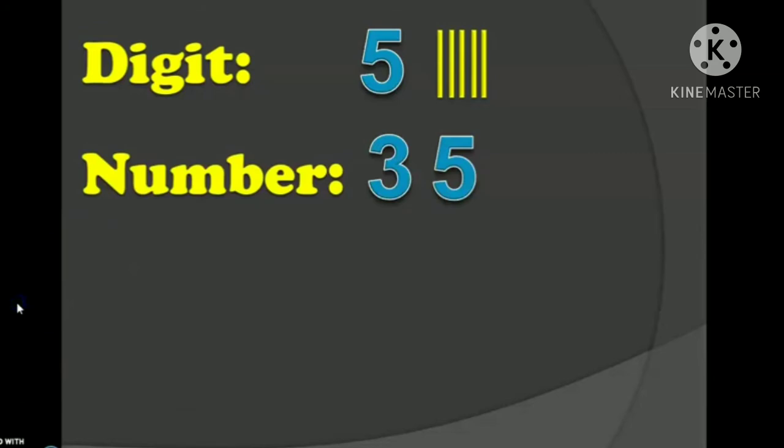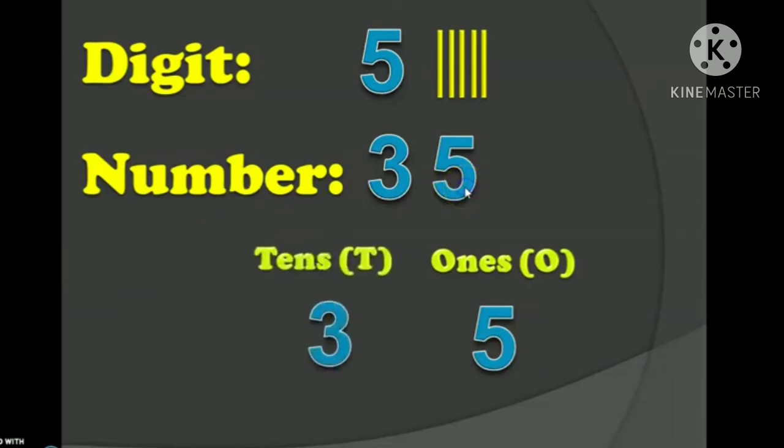The mathematics number system represents numbers using the place value chart, in which the first place starting from the right is the ones place, and the place immediately after the right is the tens place. With respect to class 1, we will be knowing about the ones place and tens place only. So for the number 35, we have 5 ones and 3 tens. Let us see how this can be represented.